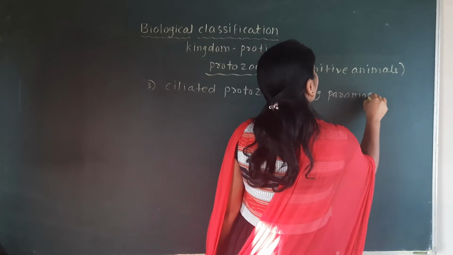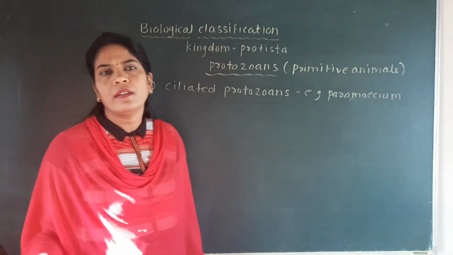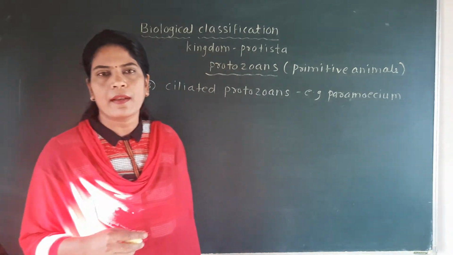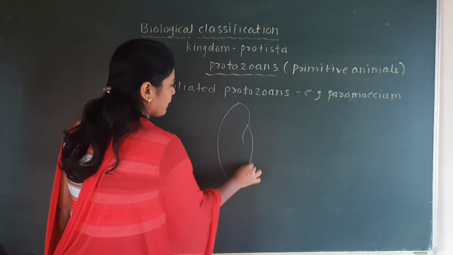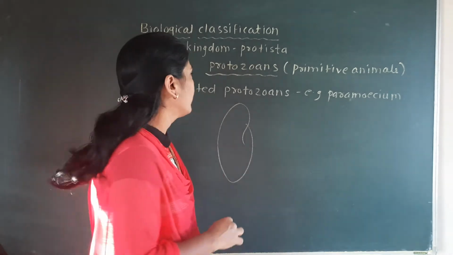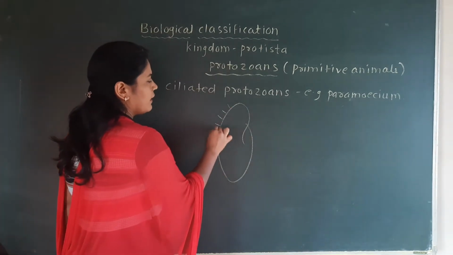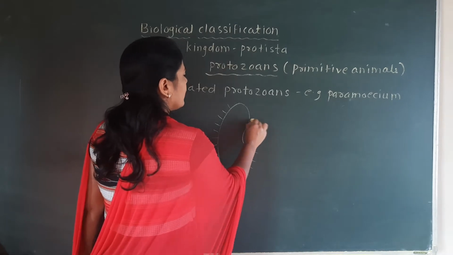Many students are familiar with the structure of the paramecium. Paramecium is a slipper-shaped animal. All over its body there are hair-like structures, and those structures are called